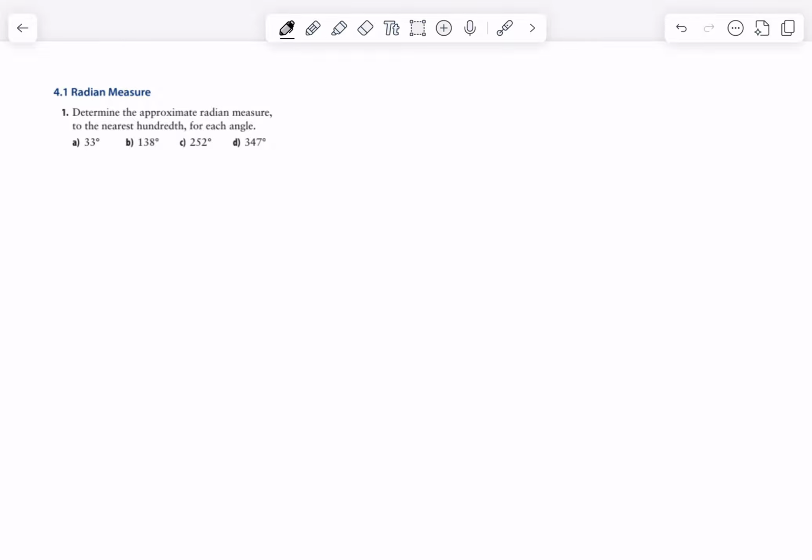Okay, so this is number 1 from your review. This is basically converting from degrees into radians. We could do this a couple different ways. I think generally the rule is the rule. What you're going to write down on your page, we could do this on a no calculator test. Both are fair game. Except on the no calculator, I'd have to make sure that the thing you are given